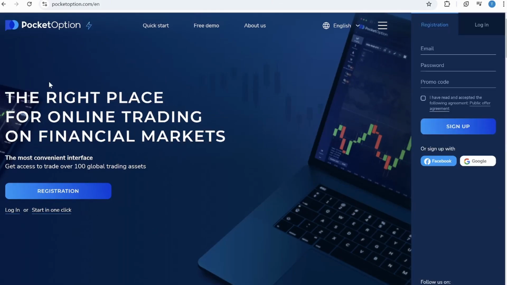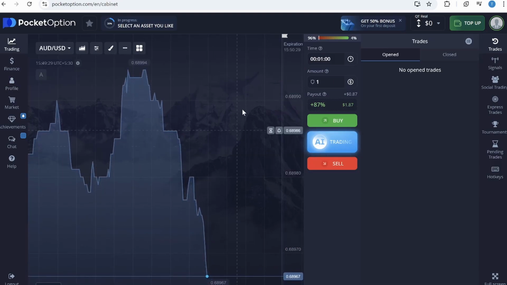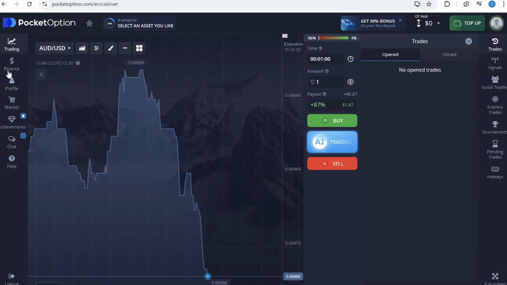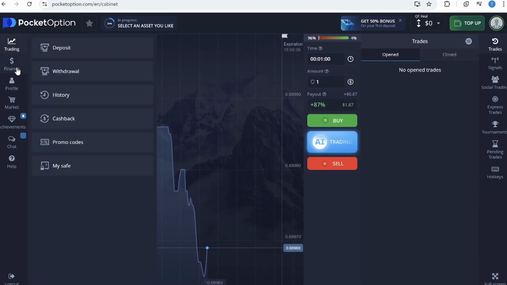So from here you can register if you don't have any account, but if you already have account you can simply log in. So let me just log in. After you log in, this is how your dashboard going to look like. From here you just need to click on this finance option, and from here simply click on this promo code option,